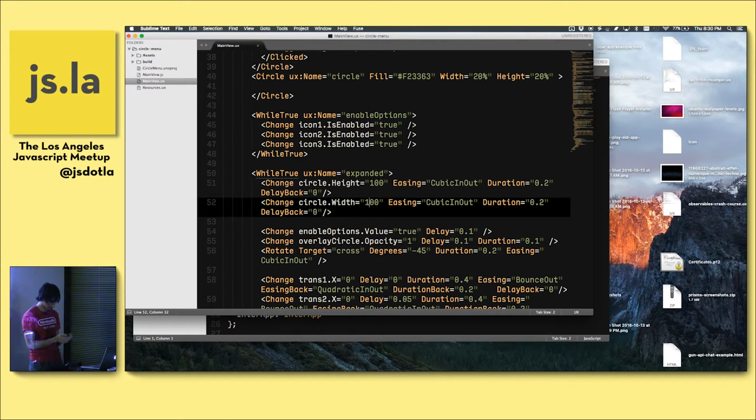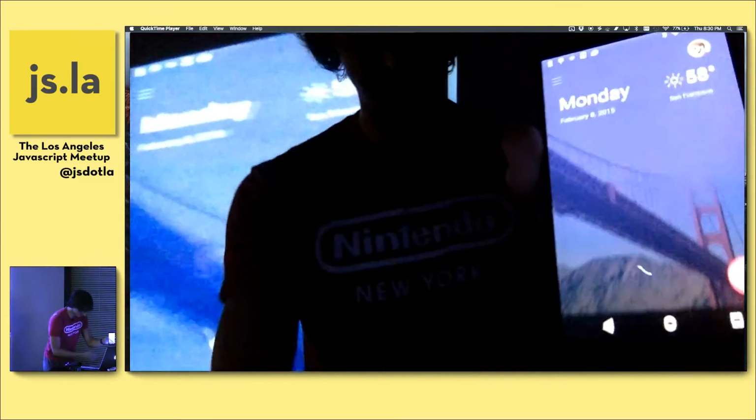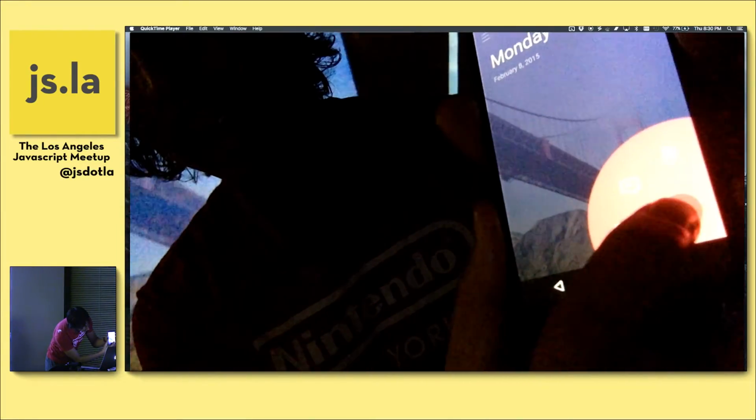Make sure I have this open. Reconnect. So this is connecting over the Wi-Fi. Oh, it worked. Cool. All right. So this is what it looks like normally. And if I hit this button, this menu opens and animates out like that. Same thing on Android. Actually, that screen is a lot brighter. I should change that. So yeah, it does the same animation effect.